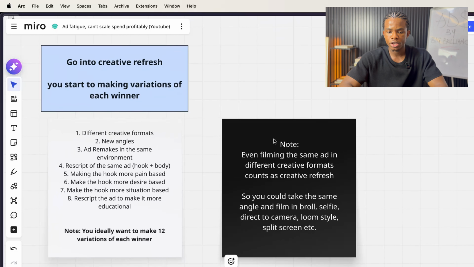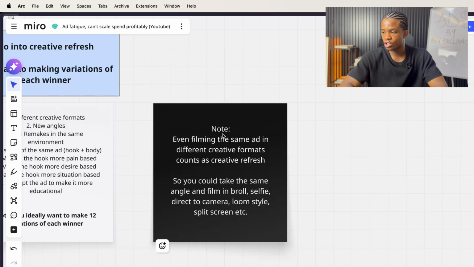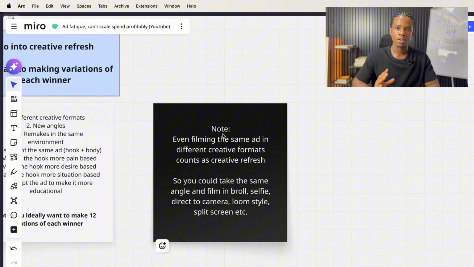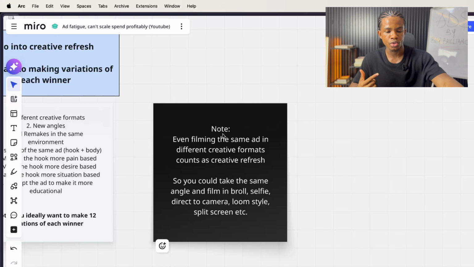And like I said, a note to understand as well, because this actually was confusing to us in the start, was that even when you're filming the same ad in different creative formats, it still counts as a creative refresh. So you don't necessarily have to go in and rescript the ads, even though yes, that's essential that you do that. But if you're trying to launch things fast, you can literally just take the same ad that you have, the same script, and just film in different creative formats. And what that's going to do is going to unlock